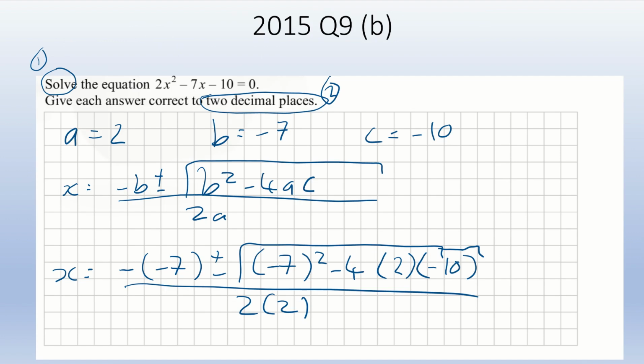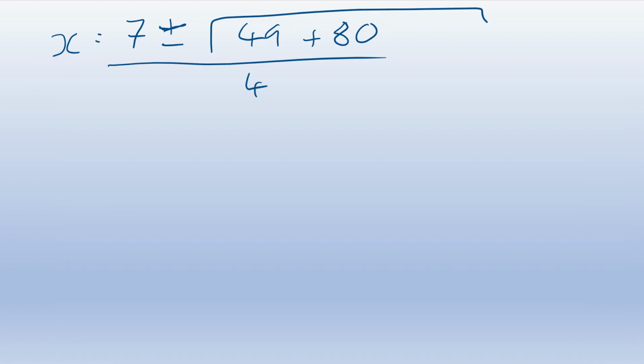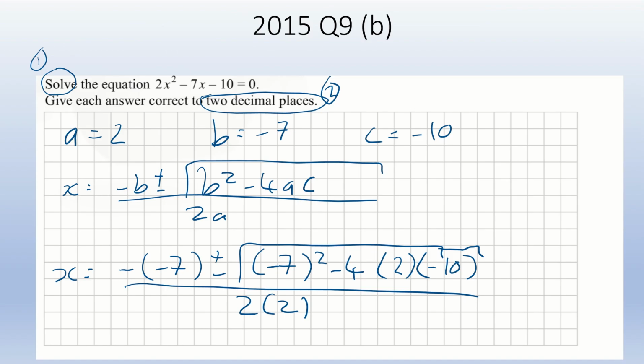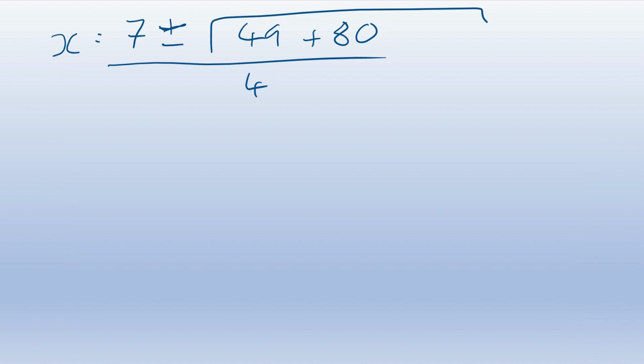And all over 2 times 2, which is 4. Just on this step here, you can put all that into your calculator if you want to, but I would advise against it, just on the fact that there's so much going on here, and you've got minus signs, you've got squares, you've got brackets. It's an absolute minefield. If you make one mistake on your calculator, then you're leaving yourself open to losing quite a lot of marks. What I would do is I would get down as far as here